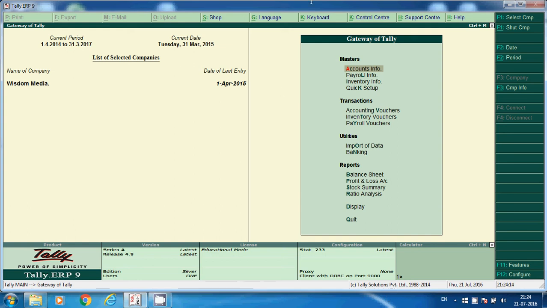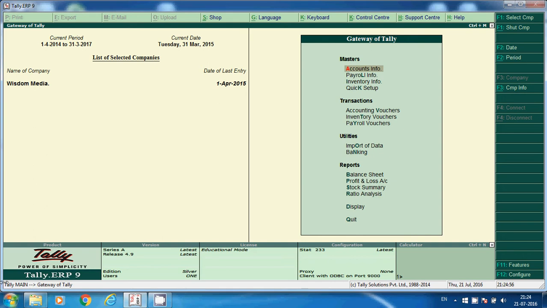Hi friends, today we learn how to take Tally backup data and how to restore it, and the purpose of taking Tally backup data. Generally we take Tally backup every week or 10 days once, because if there is any virus or any server issue in our company, the transactions we have posted will be deleted. Due to this we take Tally backup. So if any Tally data is deleted, we can restore the Tally backup data.